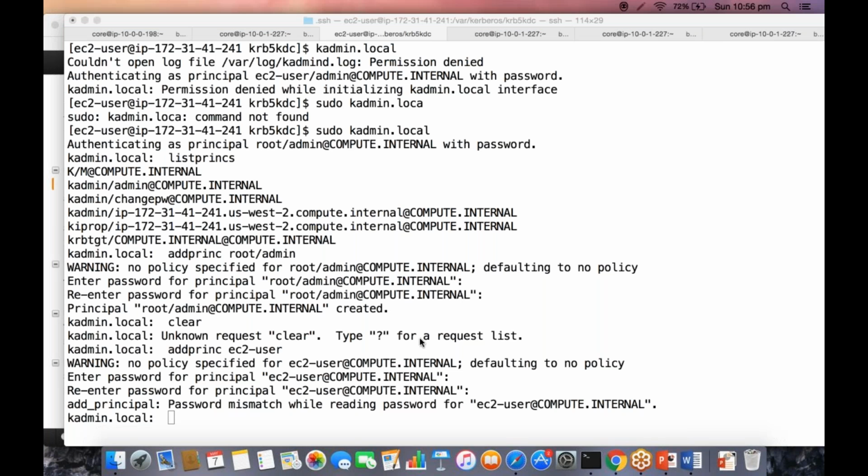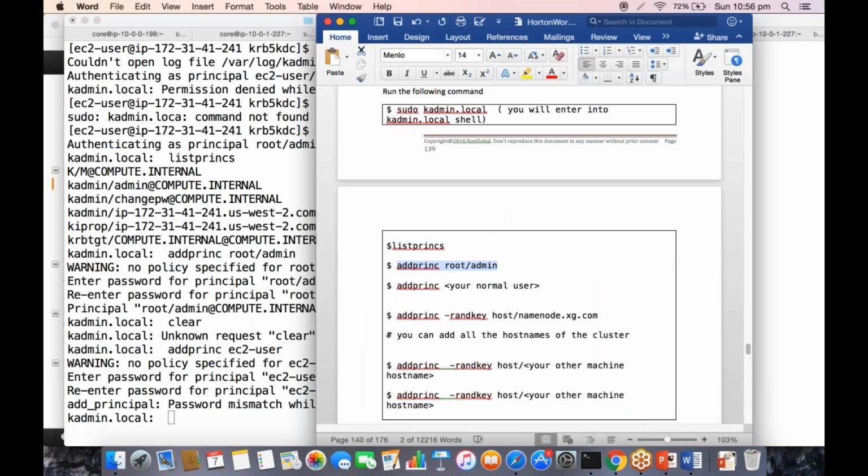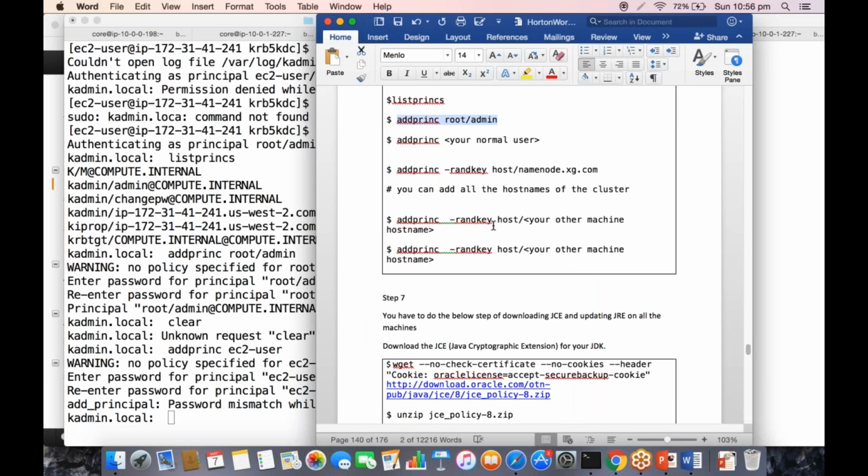All the passwords I'm keeping as training so that I don't forget.